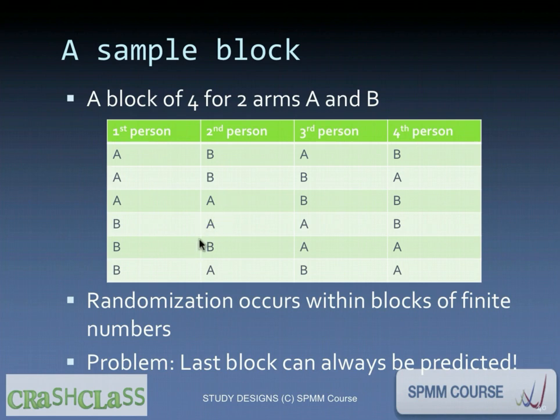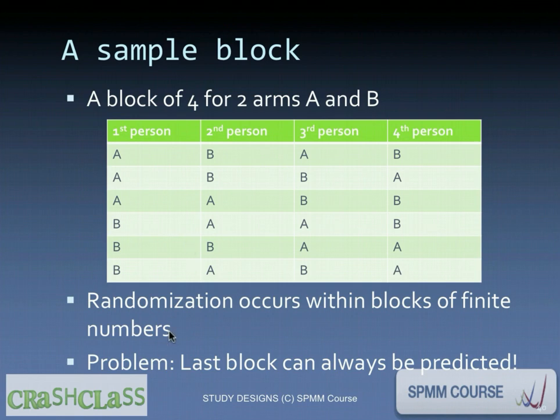So I will be able to do a meaningful analysis even in the interim, or even if the study stops midway. A study could stop for various reasons. People run out of funding, or the investigator dies, or something like that. Serious things happen that could end a study. Or if there is an adverse event that means you have to stop the study, all of these things could make a study stop midway. In that case, block randomization will help you much better than a simple